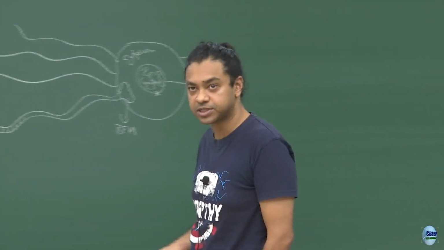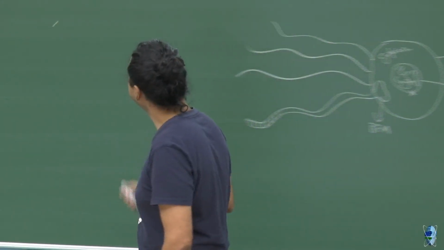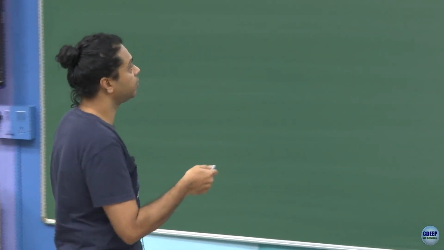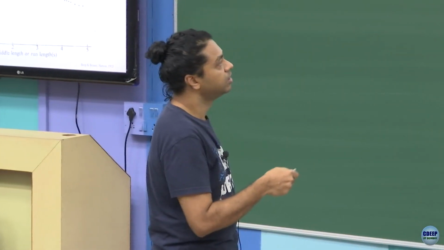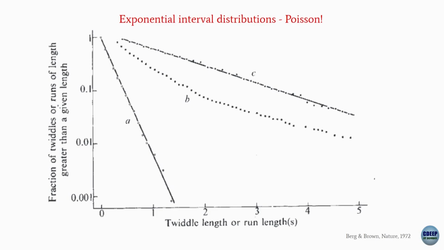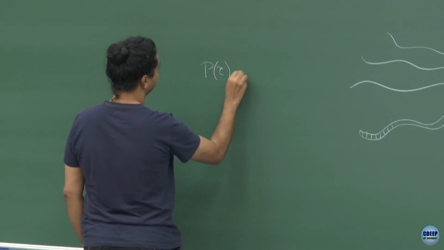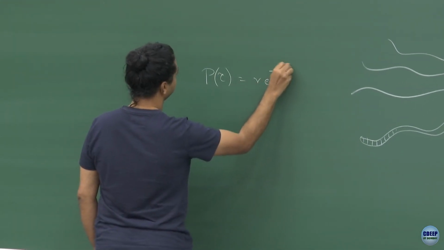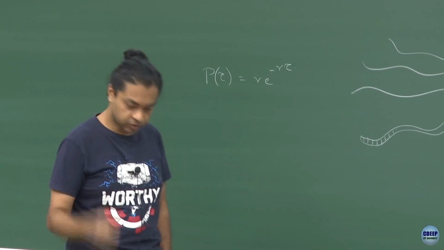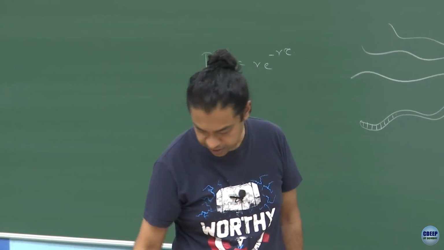would be a Poisson process, right? Because that's what we learned. And indeed, if you plot these distributions of twiddles, which is what Berg initially called the tumbles, nowadays we call it tumble, but anyway, it's the same thing. So tumble lengths or run length distributions, you'll see these are nice exponential distributions, as indeed you would expect for these interval distributions. Remember, this P of tau we wrote as r e to the power of minus r tau. So these are the interval distributions that you see in E. coli,